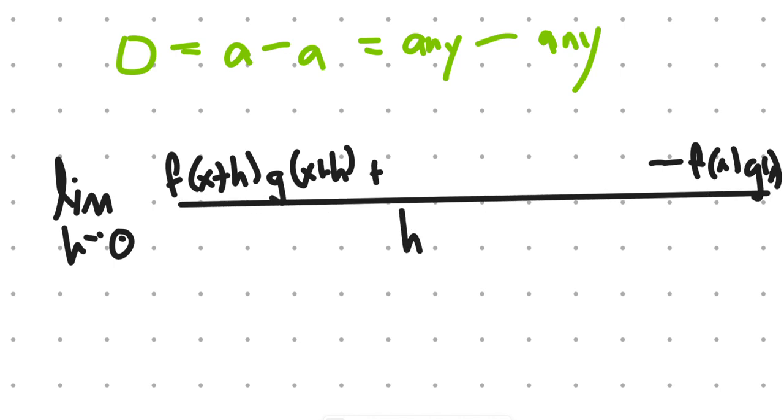Now we're going to add and subtract something here. What we're going to do is add and subtract the simple term f of x plus h times g of x. Now the reason why I'm going to do this is because if I do it, then I can take this term